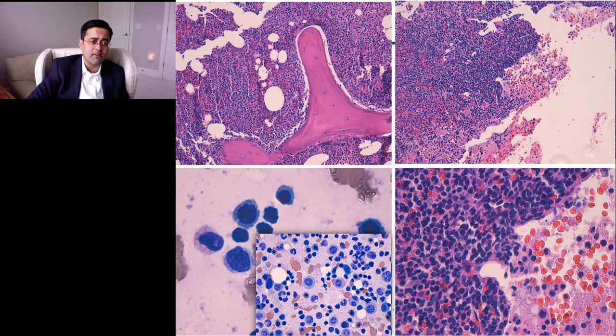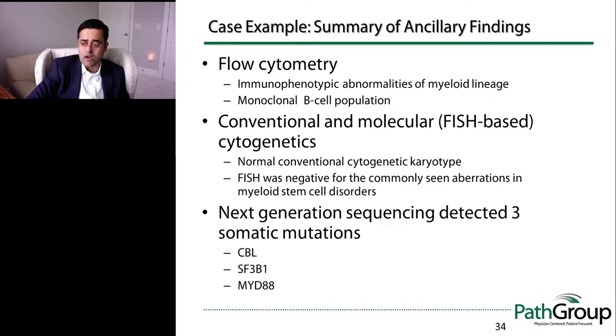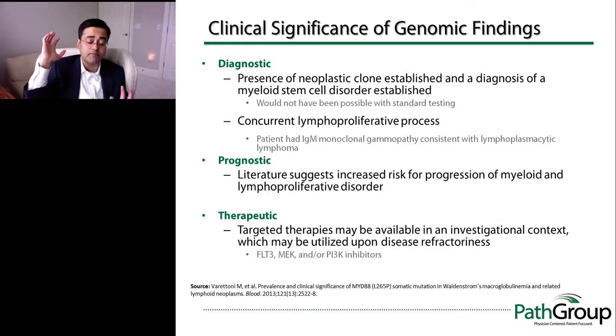If you go to the next slide, again, the conventional technologies and laboratory tests were negative and/or non-diagnostic. And in next-generation sequencing testing that was performed, we found 3 mutations, and I'm going to get into the diagnostic, prognostic, and therapeutic significance. This required a phone call with the clinician to talk about and walk through the clinical utility of the findings. So the first thing is that we were able to confidently render a diagnosis of myelodysplastic syndrome, and some of the mutations were actually associated with an aggressive clinical course, and there are molecular pathways that are altered, as well as therapies that are in various stages of clinical development that could potentially be utilized in this patient should standard